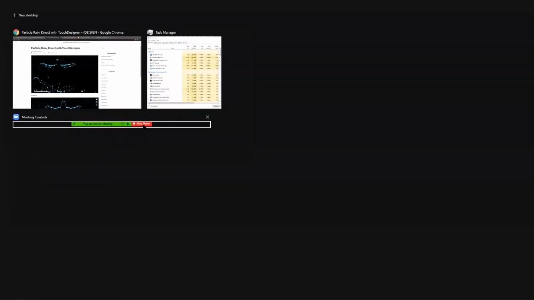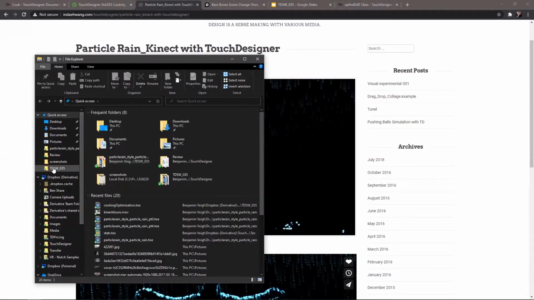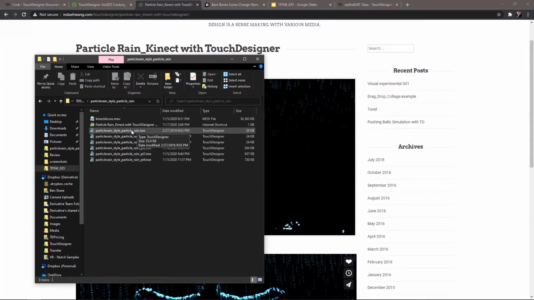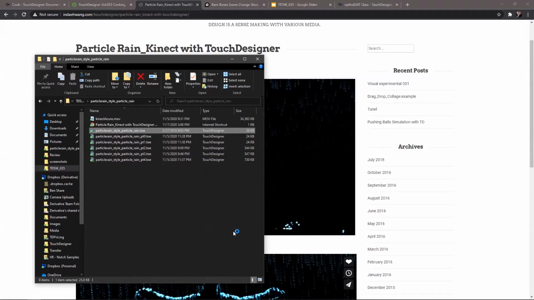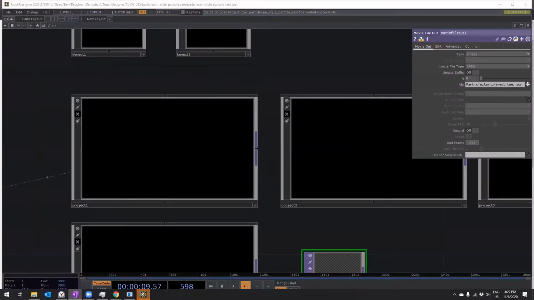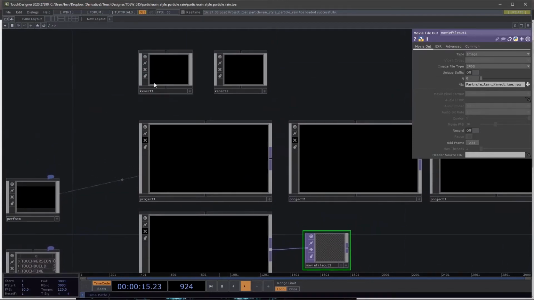And I've included it in the folder. Where did my folder go? Here we go. So it's Particle Rain here, and the one without any numbers on it is the raw file that I'm going to use here. Okay, so we're going to go into project 1 here,